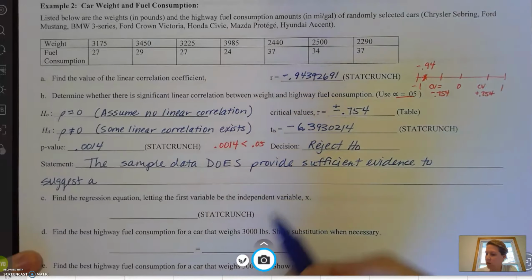So it says next. So we have some linear correlation there and it's negative. So we're going to find the regression equation. Remember, we're going to use y hat. We're going to go back to StatCrunch to read that. So on StatCrunch, we're going to look for the y equals, since we had changed the column headers, it makes it easy. So we're going to go y hat equals